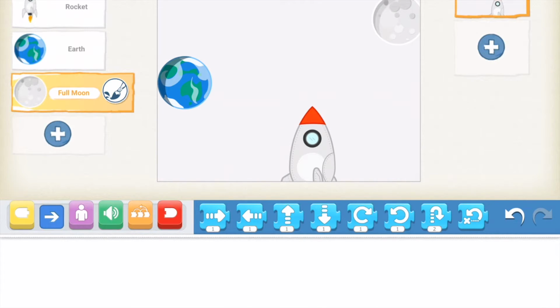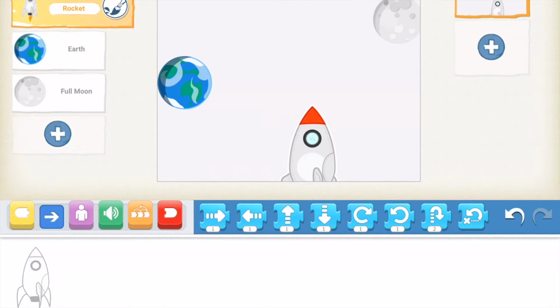The first thing I want to do is, if you notice on the left-hand side, you'll see that all your sprites are on the top left in a white rectangle. When you click one of those, it'll actually open it up so you can see all the code that you've created for that one sprite. So I'm going to click on the rocket, and what I want to do is resize all of my sprites because I think that they're too big right now on the stage. So we'll go into the rocket and click one of the yellow buttons on the bottom left,